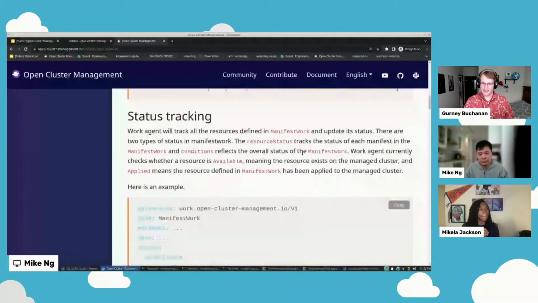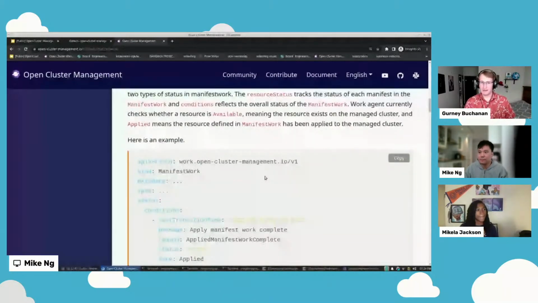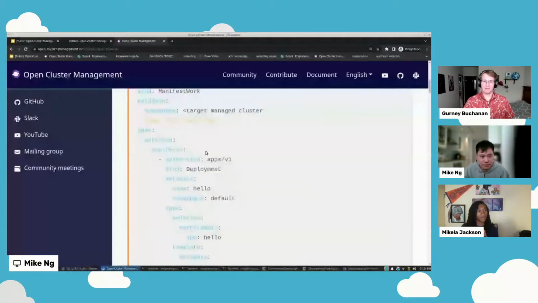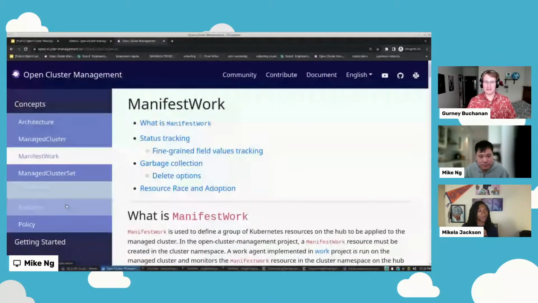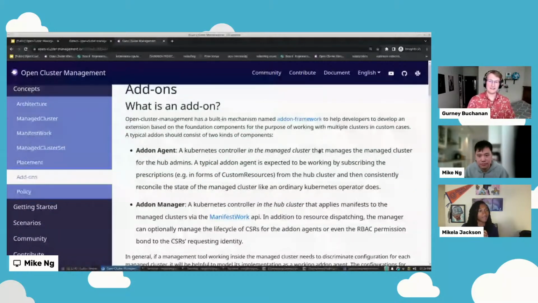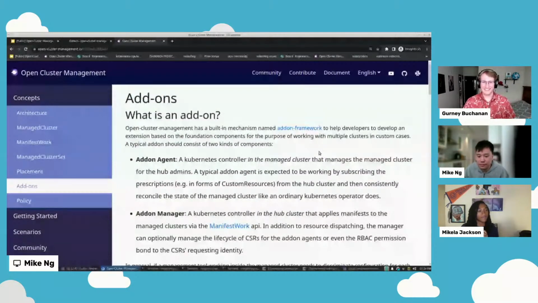So you've mentioned add-ons a lot. I think this is probably where you're going next. But is there any way for folks to contribute, build and extend add-ons themselves, and pick up pre-existing add-ons? I know Mikela may have some comments on the docs side of things, because Mikela's been crafting a lot of these docs to make sure you can understand how to build an add-on. I'm always curious about that.